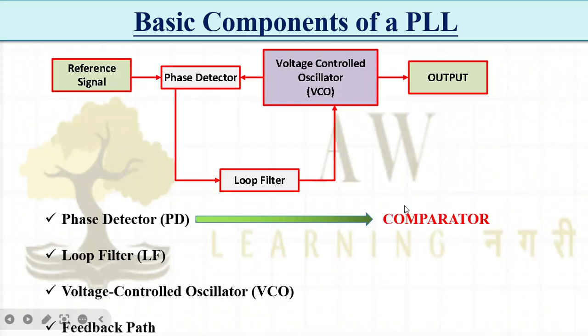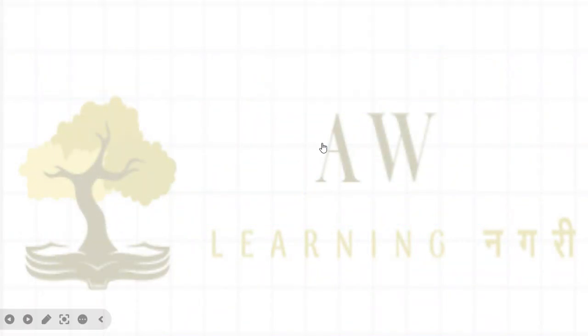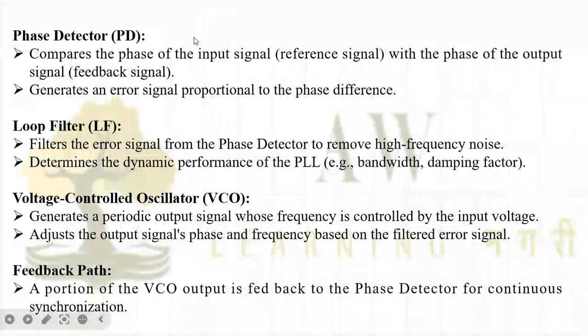There is an in-depth study about the phase detector also. It can be made in analog as well as digital form. If I make it in analog form, it is a kind of op-amp based comparator, and there are digital phase detectors also. We will see that in another video, where we look at the design aspects of the phase lock loop. But for now you should understand the different components in the PLL.